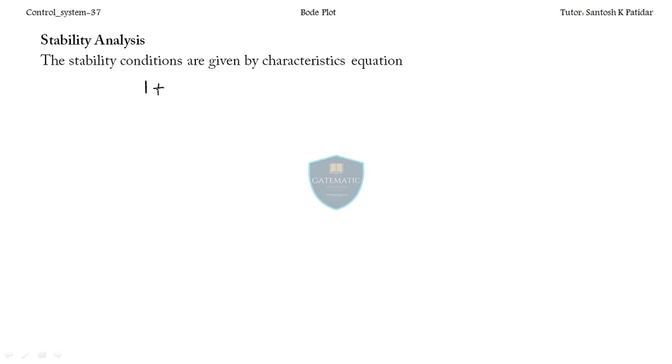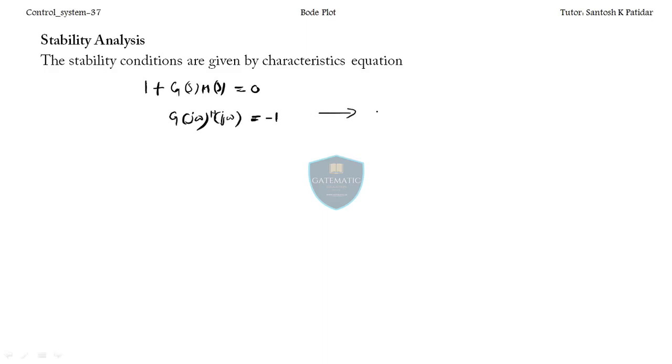So when we make the control system closed loop, we get the characteristic equation, isn't it? This is the characteristic equation. Now if I take this in the frequency domain, it will be